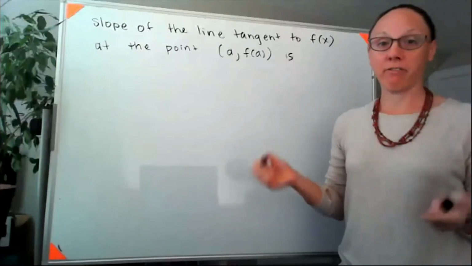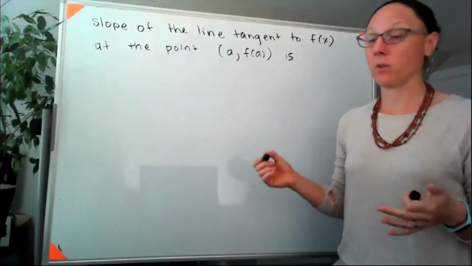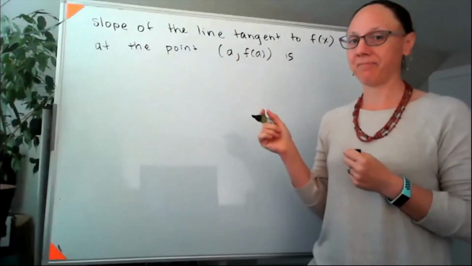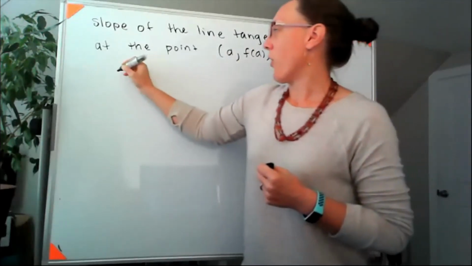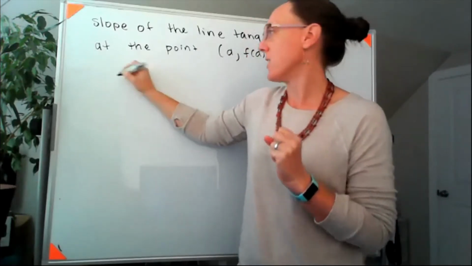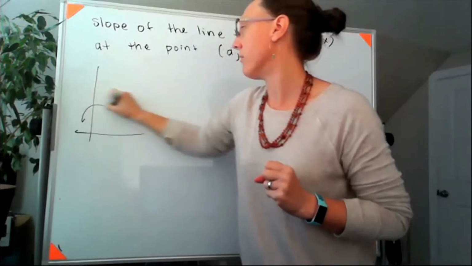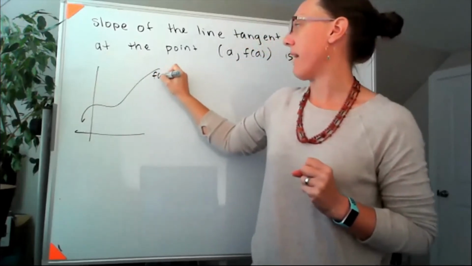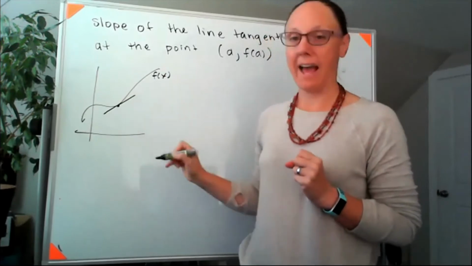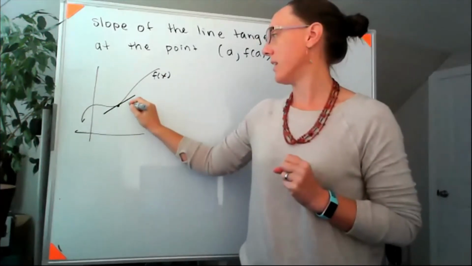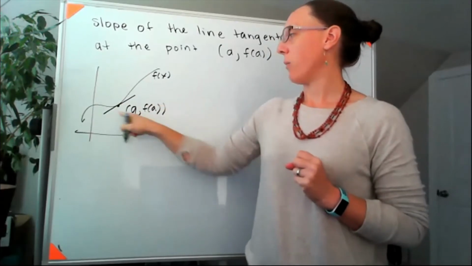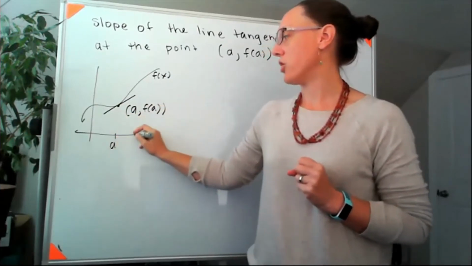And the way that we're going to find the slope of that tangent line, remember, we're going to start at a, and then we're going to move over a little bit, and then we're going to squeeze that distance back in. So if I had a generic picture, and that's my f of x, and I wanted to find the slope of the tangent line at this point, (a, f of a), then we would move off of that point just a little bit